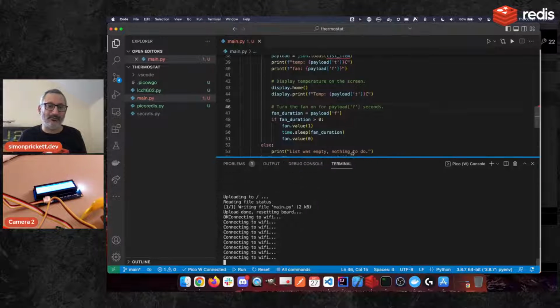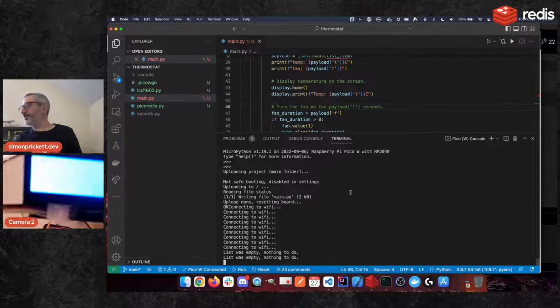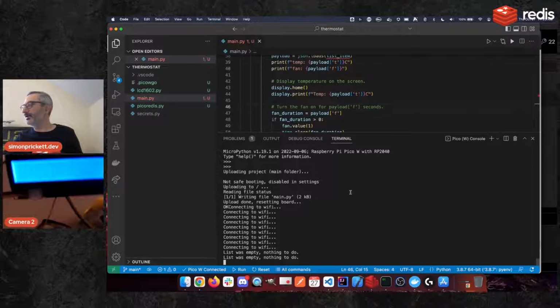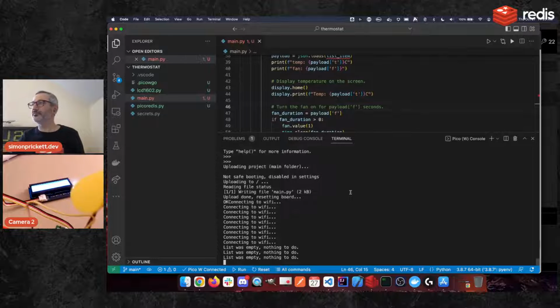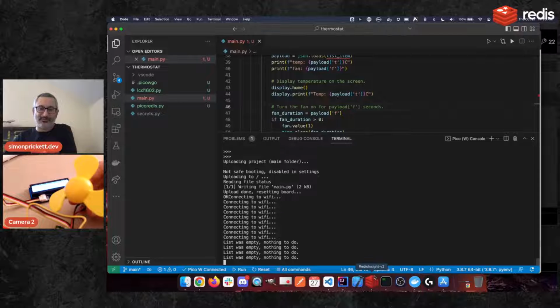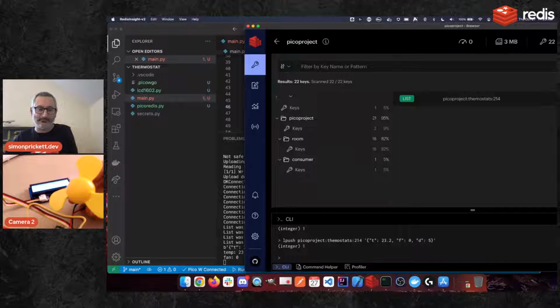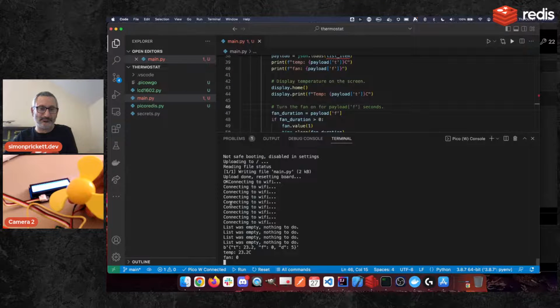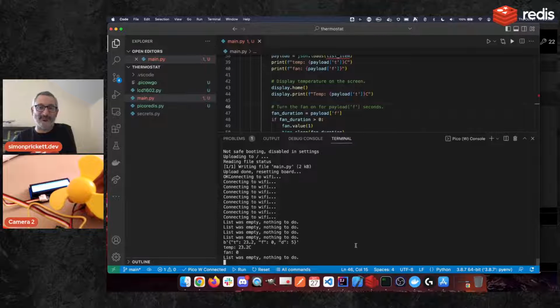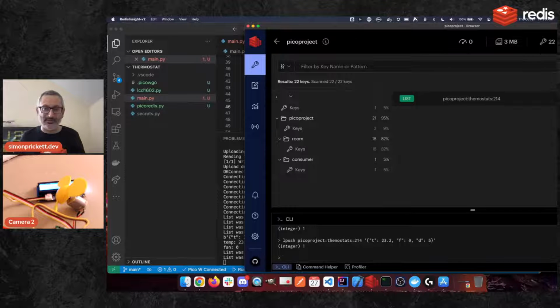It's connecting to the Wi-Fi. Okay, list was empty, nothing to do. List is empty. Our temperature display's gone back to nothing. It hasn't received any data yet. This is our fan. Not a lot going on there. So let's swap back to Redis Insight and create a value there. And okay, 23.2 fan 0. So we don't need the fan. So it respected that. We didn't turn the fan on. So let's change the data here